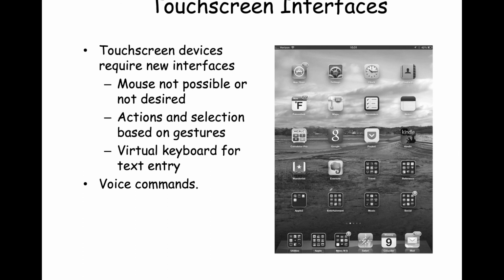You can swipe left, swipe right, swipe up, swipe down, and your mouse is now gone, but those gestures detected on the contact-sensitive screen is now how you navigate around and select and click. That's your pointer device. You also have virtual keyboards, as well as